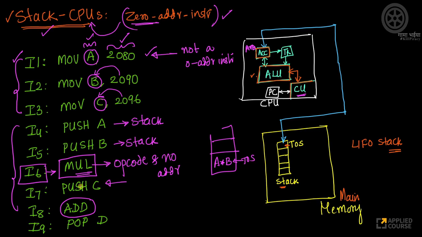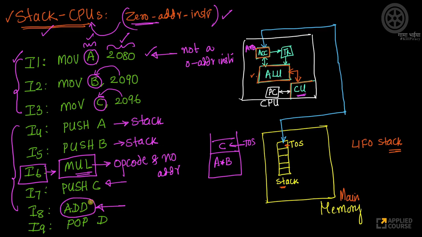The next instruction says push C. I have some data stored in register C, and that value we want to push onto the stack. So I push it, and my top of stack becomes this now. This is no more my top of the stack. Let me draw the stack here. So this is my top of the stack. Then I have one more